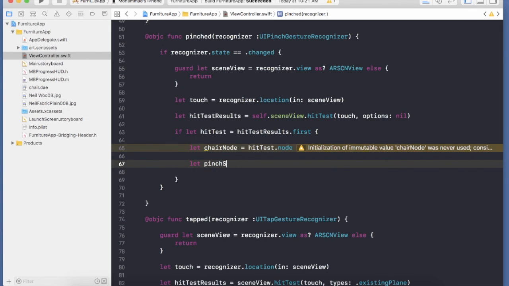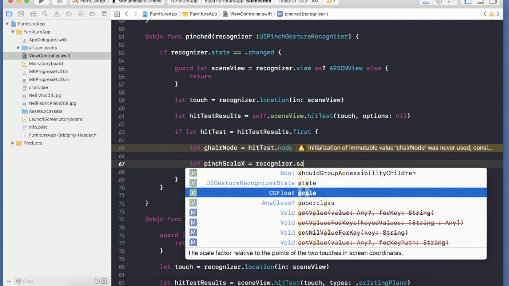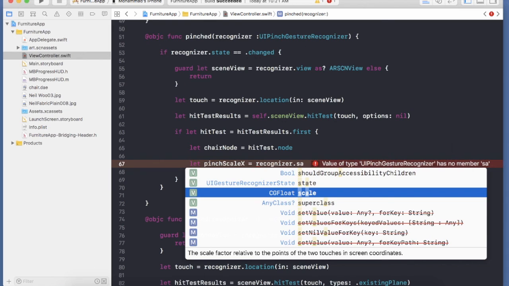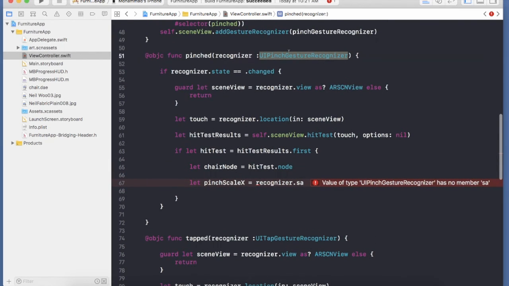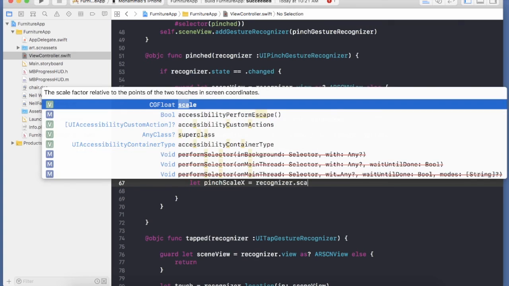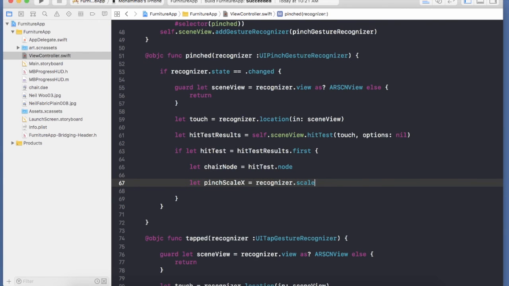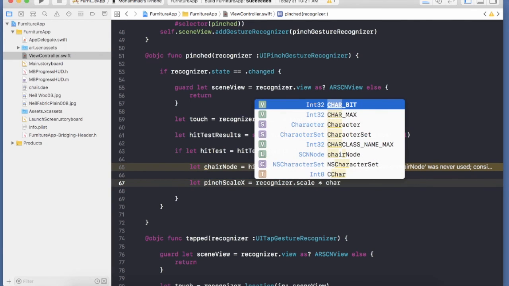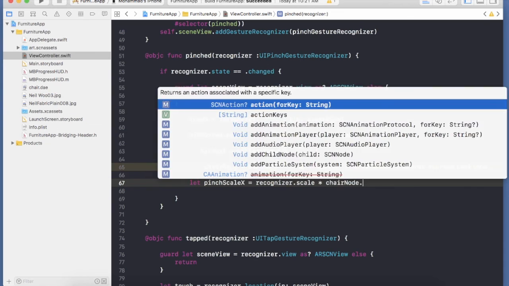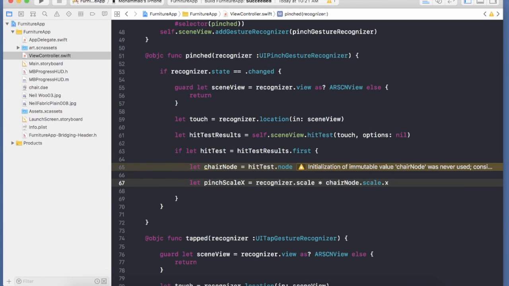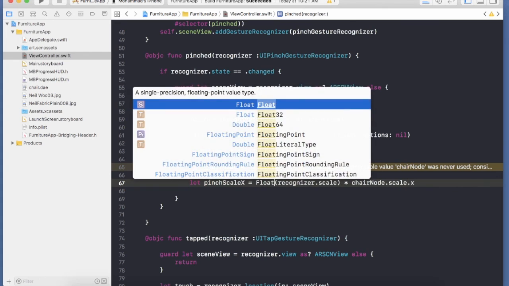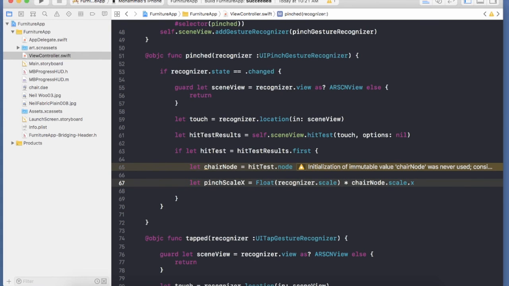So pinch scale x equals recognizer.scale, because we are doing a pinch gesture recognizer, as you can see on line number 51 right here, which will have a scale property which will represent how much you are actually scaling. And we will multiply this by the chair node.scale.x. All right, so we're scaling in the x direction. Now this is a CGFloat. We're going to convert it into a Float by simply calling the Float function. All right, let's go ahead and build this,